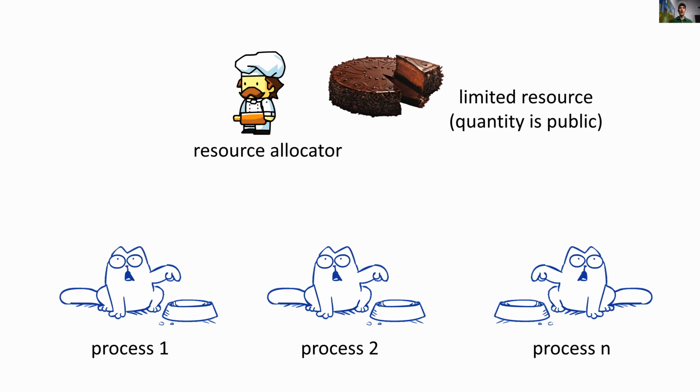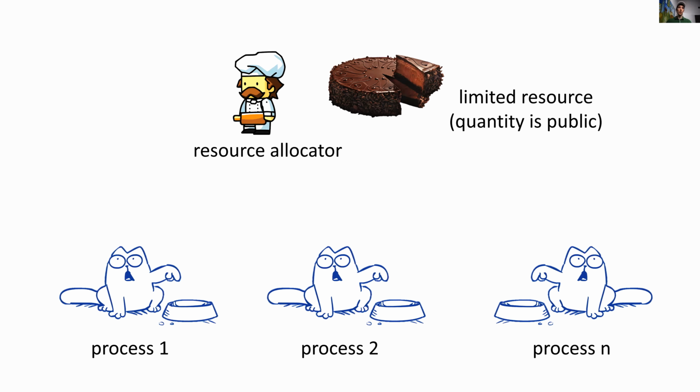So we start with a resource that has a capacity that is finite and public. In this case, I chose a cake, and there's a limited number of slices. We also have processes here at the bottom, which are the entities that want to consume the resource. These processes want to get a slice of cake so they can eat it. And finally, we have a resource allocator, which is an algorithm that's going to determine how to assign cakes to